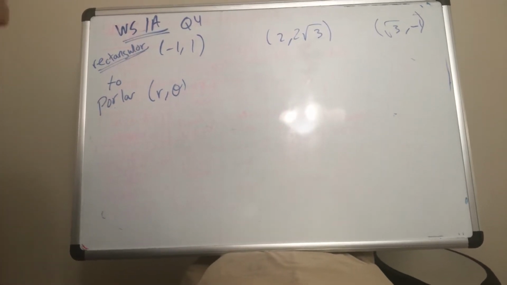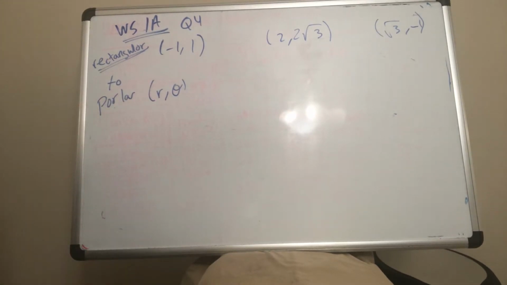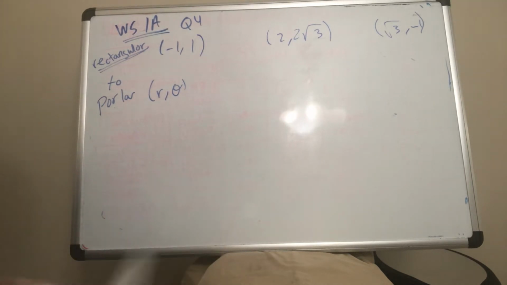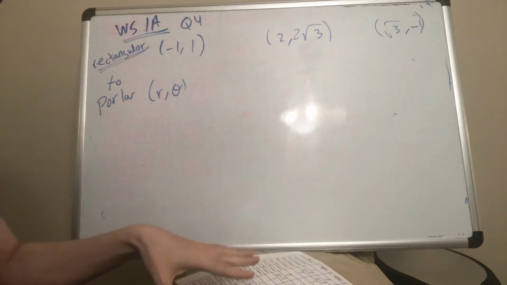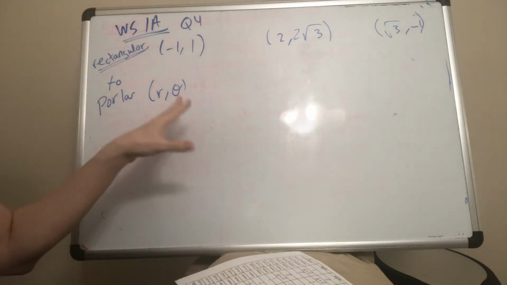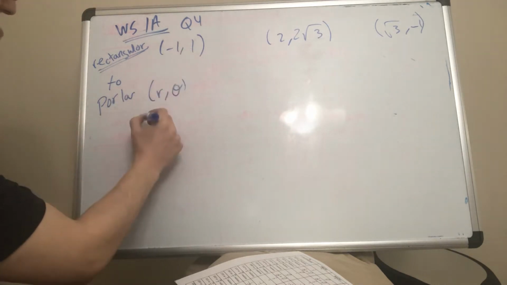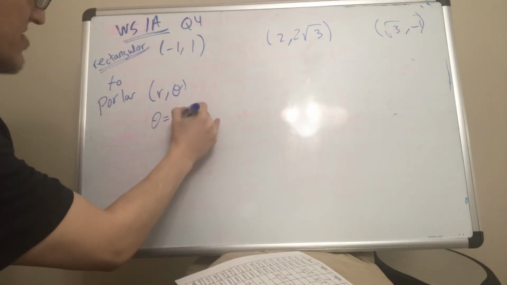Now this is question 4 from worksheet 1A. You have this point and you want to find the r, theta of this point. I sent you earlier a sheet with all the different angles. This will make this process very easy for you. To do this, theta is tan inverse